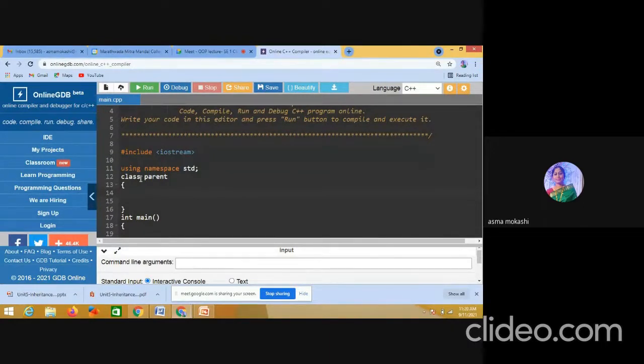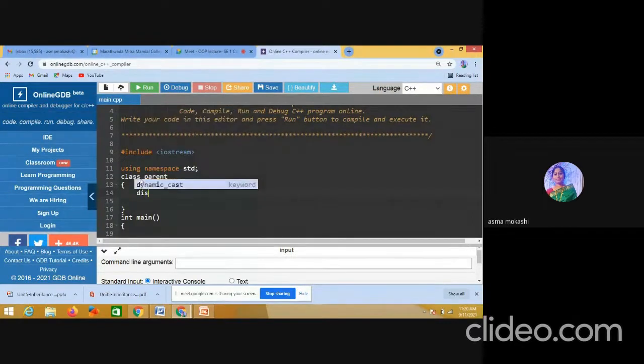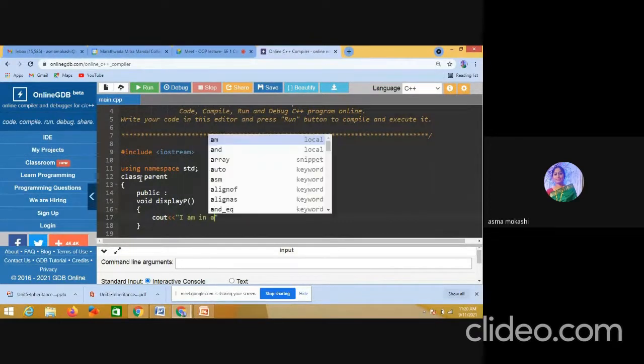Now I am taking one example: here is the display method which displays the parent information. I am writing a display p method, void display, and I am assigning it as public. Here I am printing, I am in parent class.